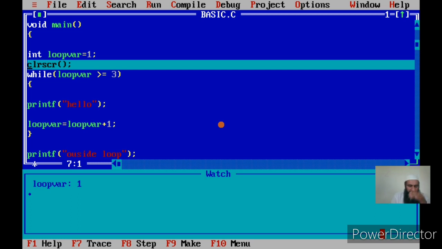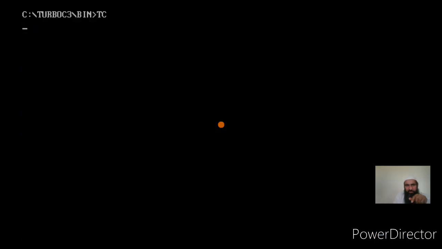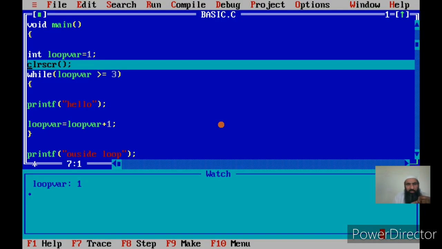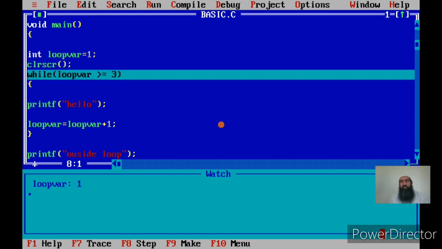Now let us see Alt F5. The user screen has got something written there. I have not executed the CLRSCR yet because it is highlighted. Once the highlight moves down, only then is the statement executed. Now if I press F7, the CLRSCR will be executed. What does the CLRSCR do? It clears the user screen. Let me see if the user screen has been cleared. Alt F5, yes, it's cleared. So this step has been executed.